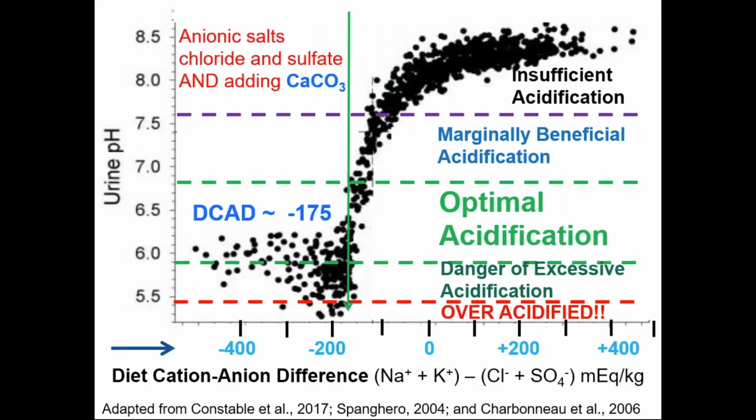So if you're a nutritionist and you like to feed a low DCAD diet and you like to feed a high calcium diet, chances are you're adding limestone or calcium carbonate to that diet. And realize that when you add limestone, calcium carbonate, it is slightly alkalinizing. So to hit that sweet spot of a urine pH of about 6.3, with a diet that's maybe bringing in or raising the calcium to about 1.5%, your DCAD has to be reduced. You have to feed more anions to hit that same sweet spot of about 6.3